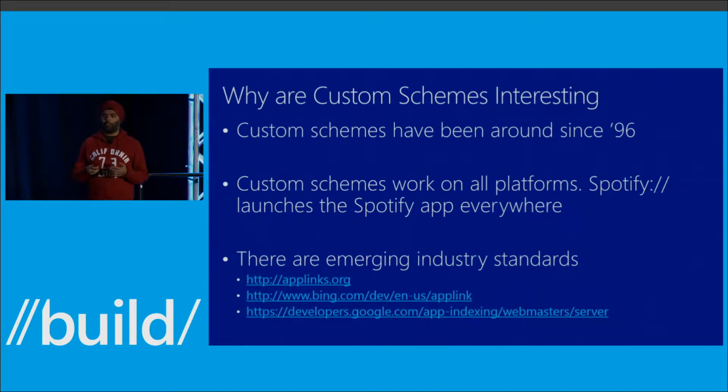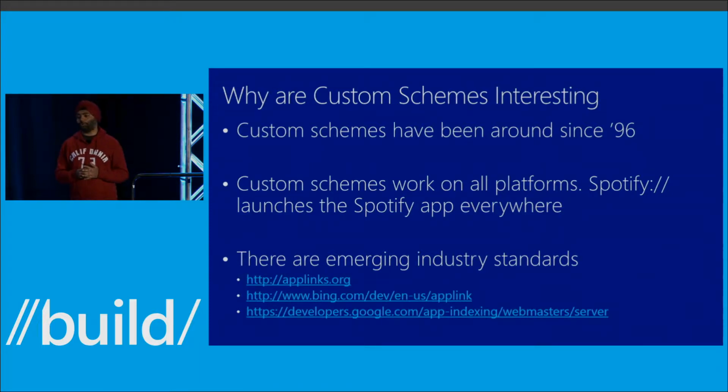So why am I talking about custom schemes in the context of Web of Apps? Well, one nice thing about custom schemes is that they've been around a very long time, pretty much since 1996. In fact, they were introduced right here in the Moscone Center by the Internet Explorer team. So never say that Internet Explorer didn't give you anything. They gave you custom schemes. And they're so popular that they've made their way across to Android and iOS and most flavors of Unix as well. So that's awesome. The reason that's awesome is that you can do a custom scheme and have it light up on pretty much any platform out there in the world.